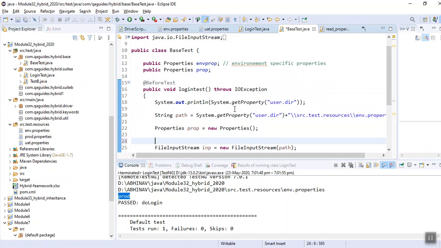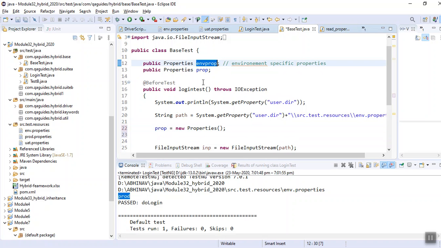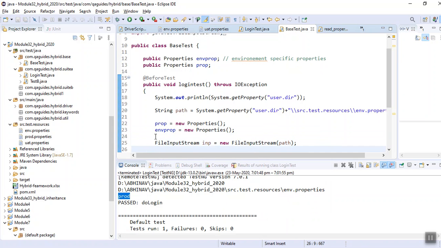So here I can initialize it. How can I initialize? Let me delete this. Environment equal to new Properties. Okay, I have initialized it.